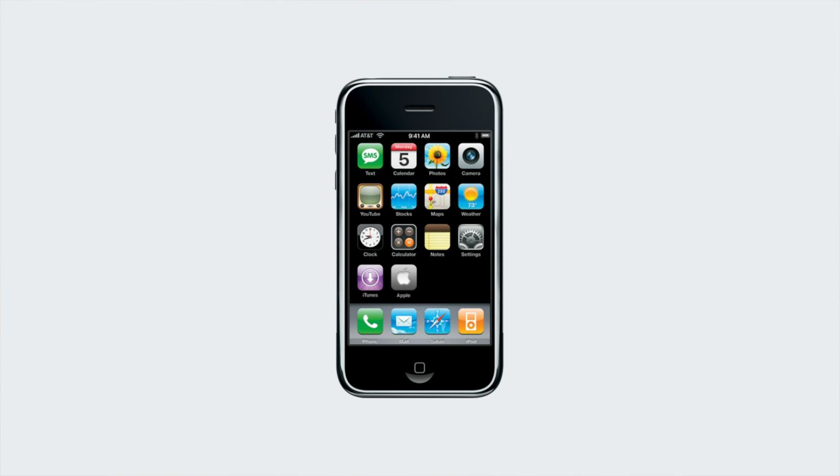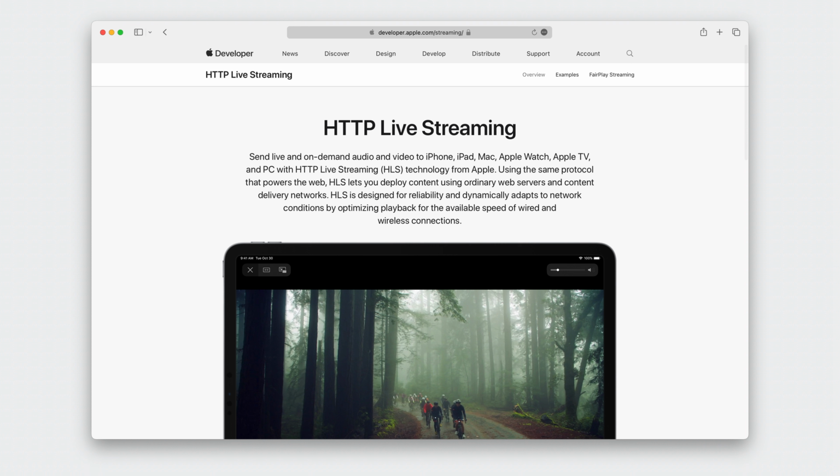With the rise of mobile devices, it became increasingly important for websites to be able to display video content on smaller screens. This led to the development of new techniques to allow websites to adapt to different screen sizes and orientations. HTTP Live Streaming was introduced by Apple in 2009. One of the key features of HLS is its support for adaptive bitrate streaming, which allows for the delivery of the best possible video quality based on the user's internet connection speed and device capabilities.